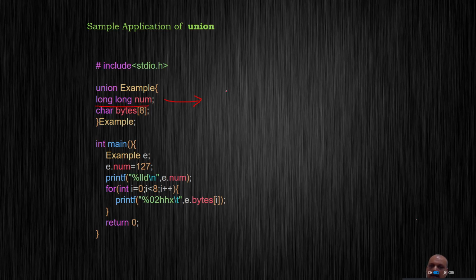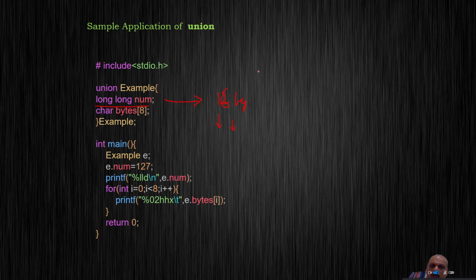A long int basically takes up 16 bytes of memory, and you want to analyze this 1 byte at a time.